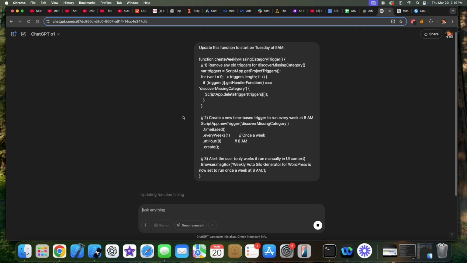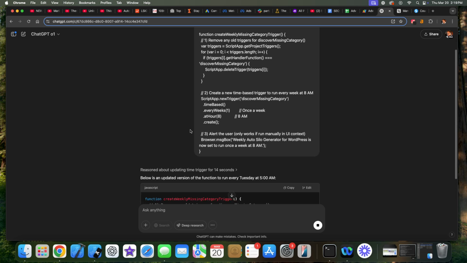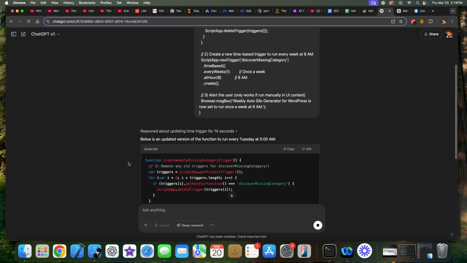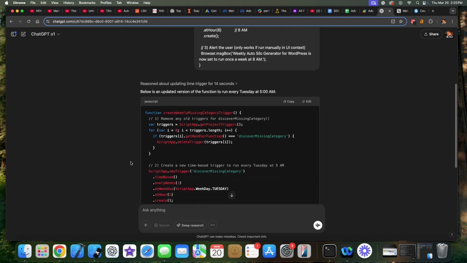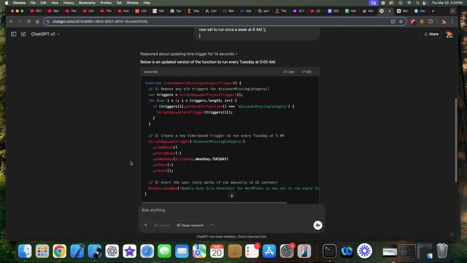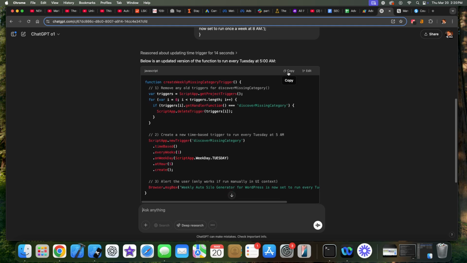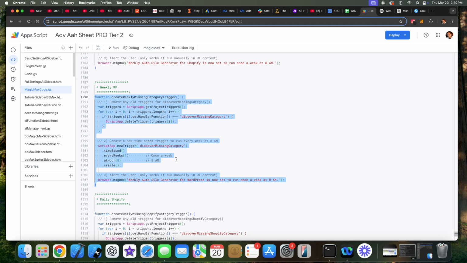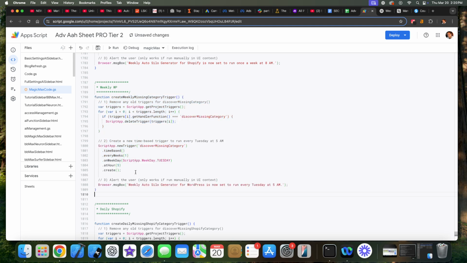I've been using O1 to code a lot lately. I find it does a better job than even some of the ones they claim do better. It's one of the better ones I'm finding. Anyways, I've got a function here, so you just copy, click here. Now this is already highlighted, so you just have to click paste. And here you go. So it's going to start at 5 a.m. and then there's the way we target Tuesday. So if I save this